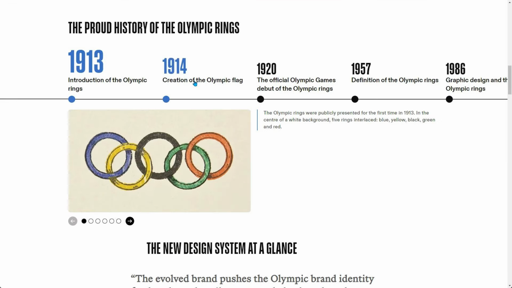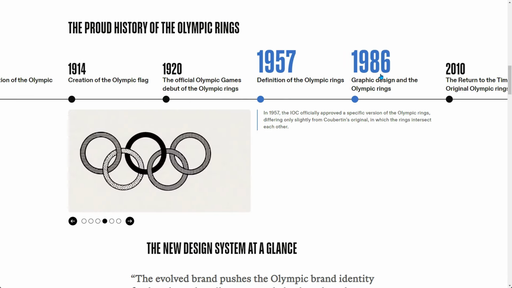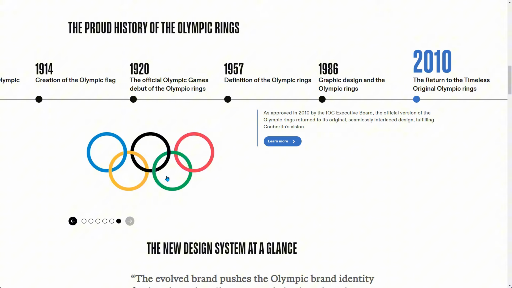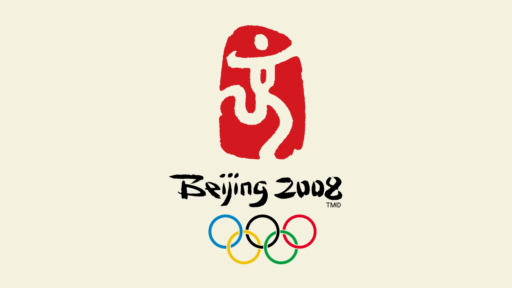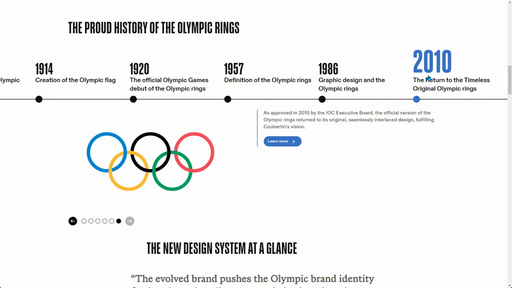On this page in particular, we can also see the history of the Olympic rings. It has actually gone through 5 different iterations. There's total 6 versions. The latest change actually happened pretty recently. The previous version, the last Olympic to use that symbol, was in Beijing Olympics in 2008, where the rings connect to each other. There's a little gap to suggest the spatial relationship between them. And the latest version gets rid of that. The rings just tightly touch each other and use the color overlay to signal the spatial relationship between them.